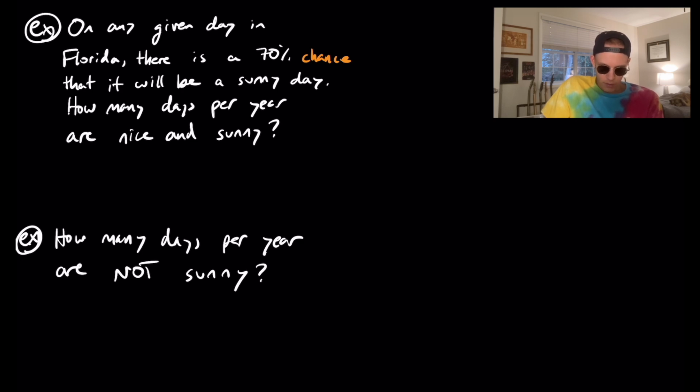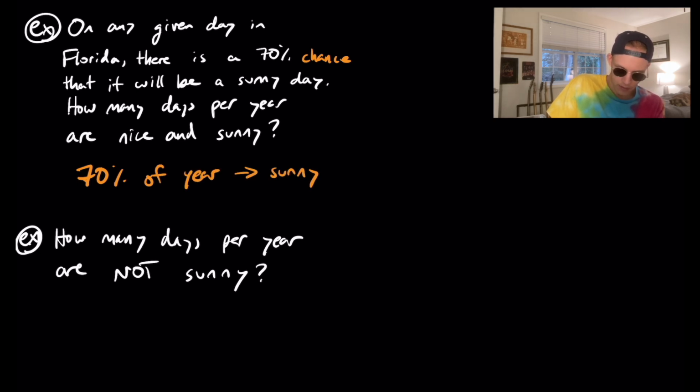Well, we could think of it this way. Another way you could phrase it is that in Florida, 70% of the year is going to be sunny. So we could write 70% of the year is going to be sunny. And I've mentioned before in my other videos that this word "of" in math means to multiply. Whenever you see "of" in math, chances are you're going to be multiplying the two things on each side of that word "of." So I'm going to take 70% and multiply it